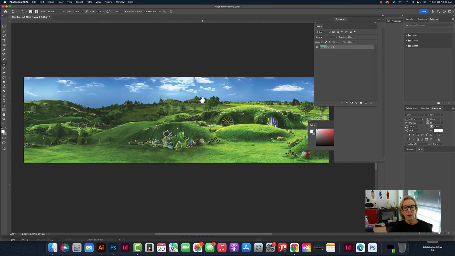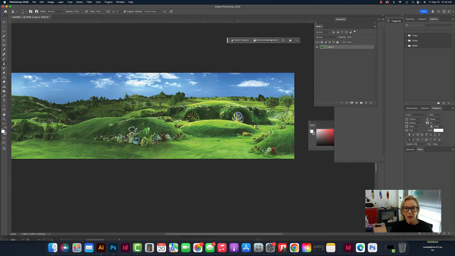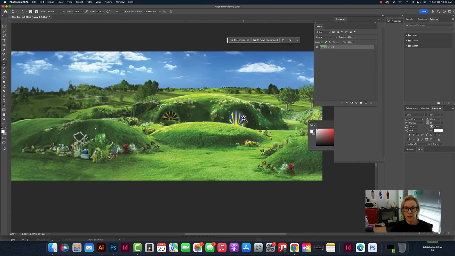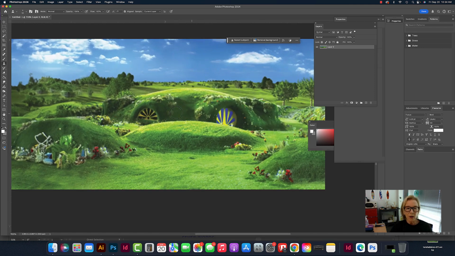All right, so we've cleared up that seam down the middle, which is awesome. Now, because this Teletubby house is super noticeable, like everyone who watched that show when they were little knows that this might be a Teletubby hill or house. So I'm going to go through and delete those doors or